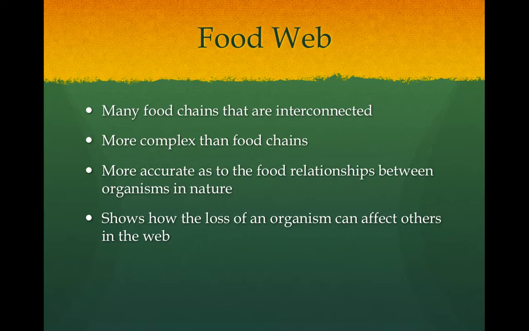So if we have a food web that contains rabbits and the rabbits disappear, well, then you're going to see the effect of the loss of rabbits on the predators, maybe the fox or the bobcat or some other animal, a hawk, that would eat those rabbits. So a food web will show you how things will react. And just like in a food chain, the arrows show the direction of energy. The arrows point to whoever receives the energy from that relationship.